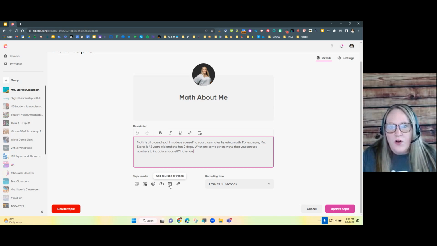I don't believe this is a workaround. So if students already cannot access YouTube, I don't believe they're going to be able to access it here as well. You can also add attachments. Maybe it goes to a Google Doc or a Jamboard or a Microsoft Word or a Microsoft Whiteboard, etc.